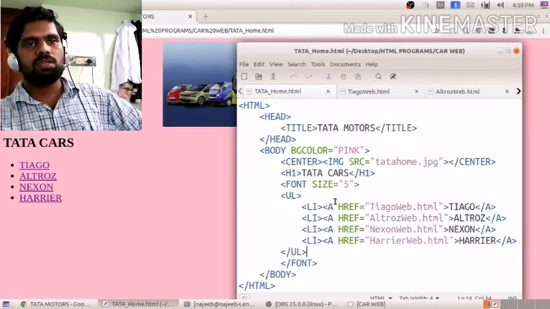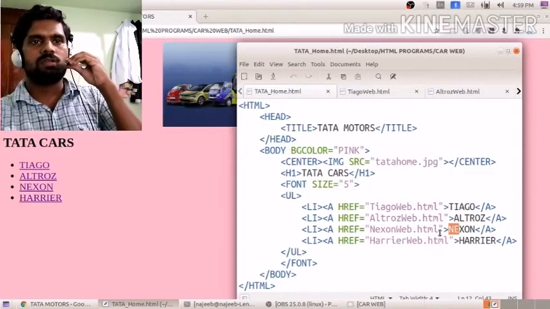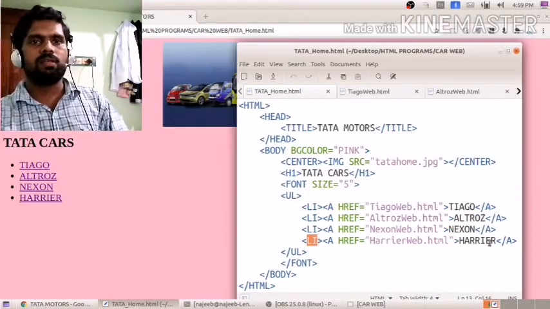Each is an li item: li Tiago, li Altros, li Nexon, li Harrier. These are the list items.